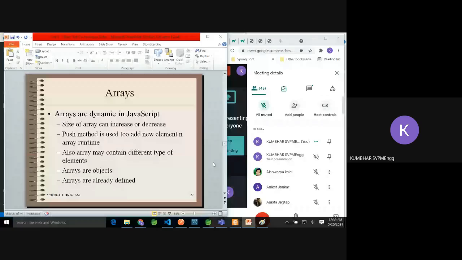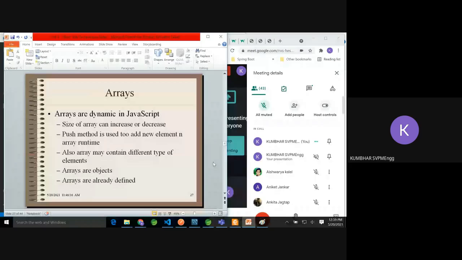The push method is used to add a new element in an array. Remember this. If you want to add a new element, the push method will be used. Also, an array may contain different types of elements. This is the change in arrays of JavaScript, not values of similar types.